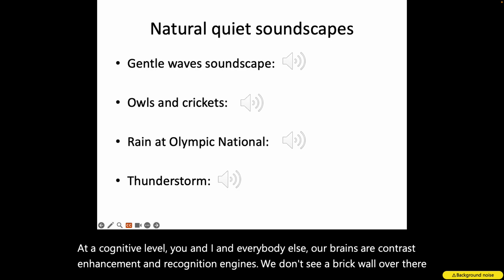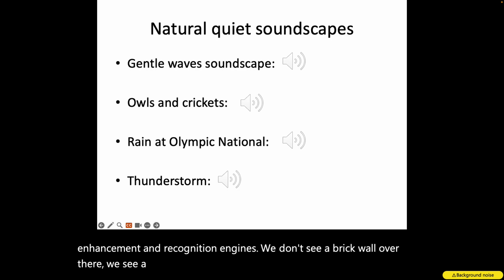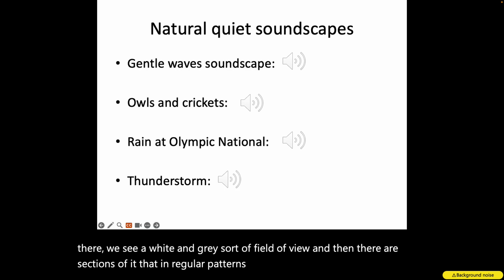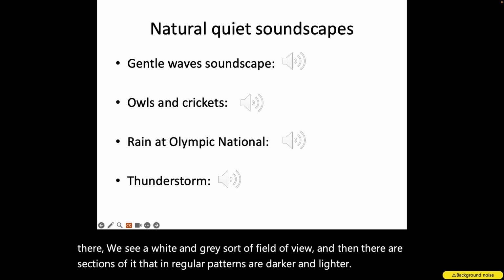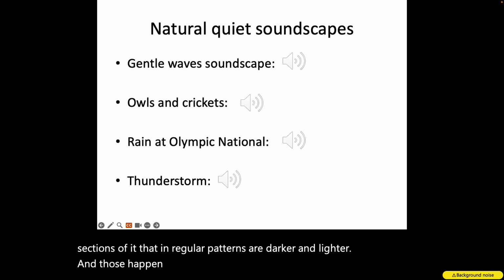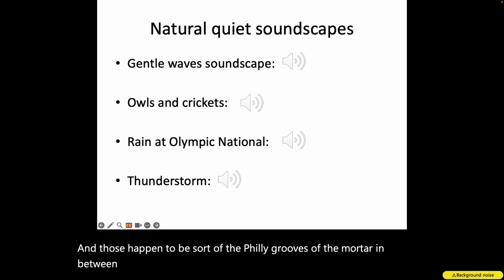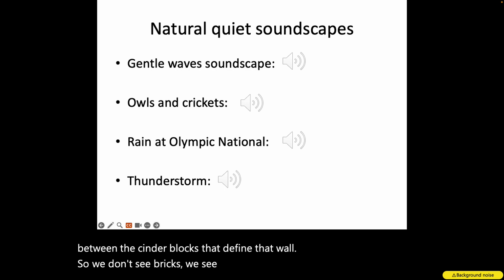We see a white and gray field of view, and sections of it that in regular patterns are darker and lighter. Those happen to be the filleted grooves of the mortar in between the cinder blocks that define that wall. So we don't see bricks, we see light and dark,